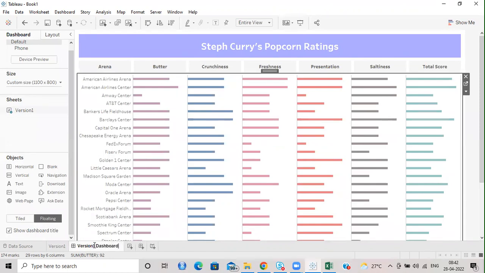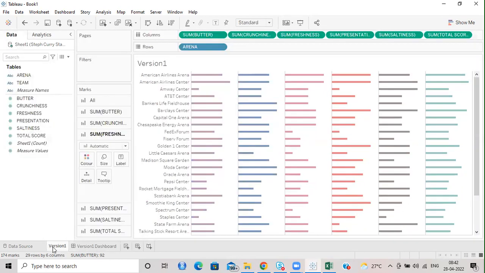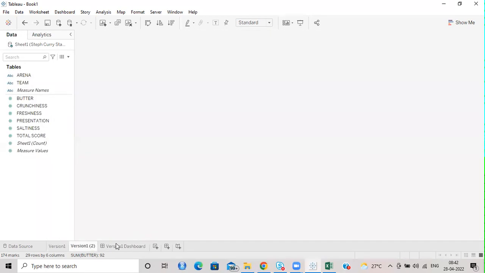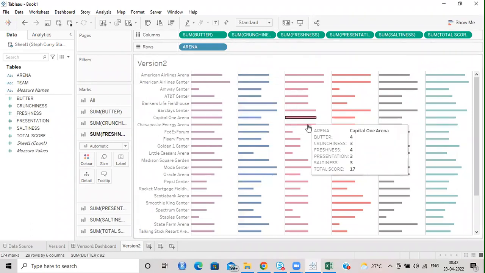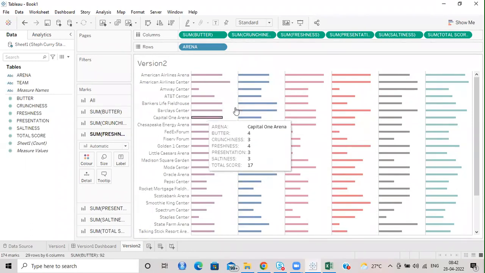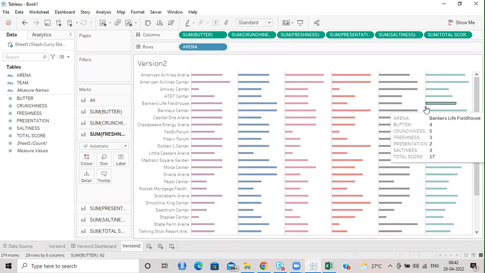No, sir. Okay. Now let me recreate the same thing again. So I have a version 1. I'll duplicate this sheet. Now since all these values are out of 5,